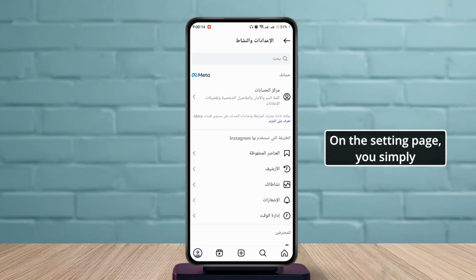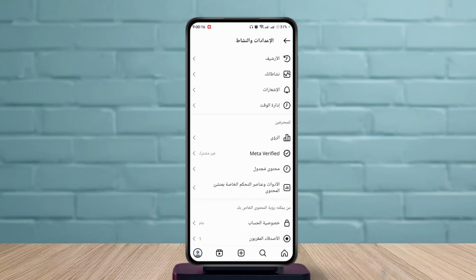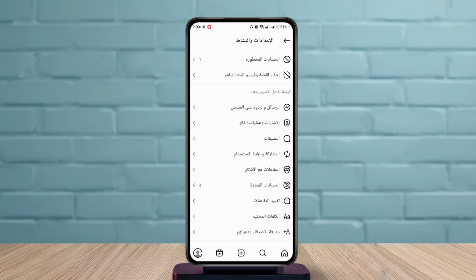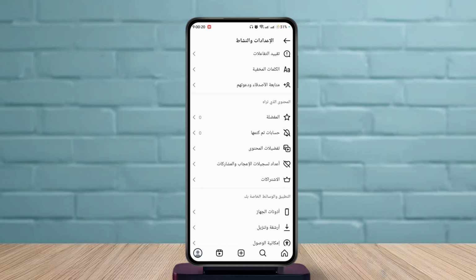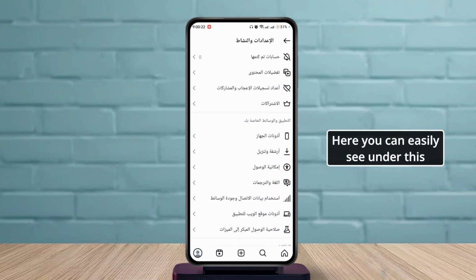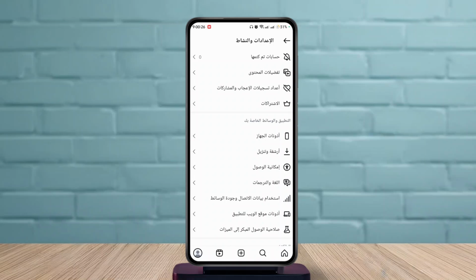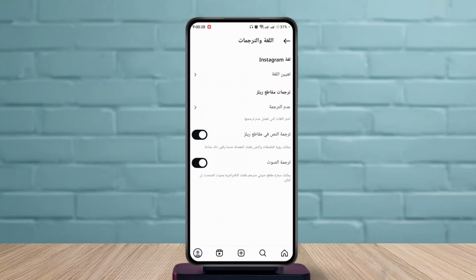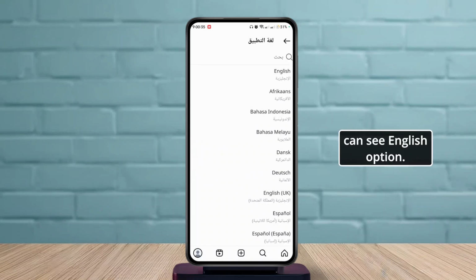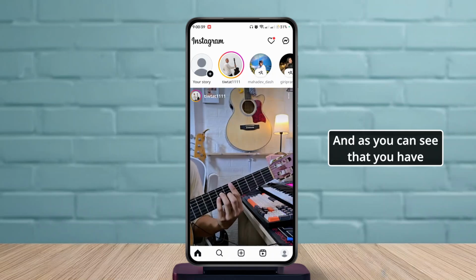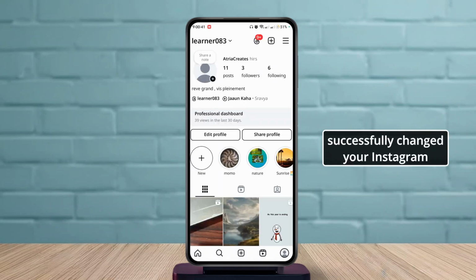On the settings page, you simply need to scroll down and now look for the language option. Here you can easily see it under this accessibility icon. Simply select that, and now you need to choose the first option, and at the top you can see the English option. Select English, and as you can see, you have successfully changed your Instagram language from